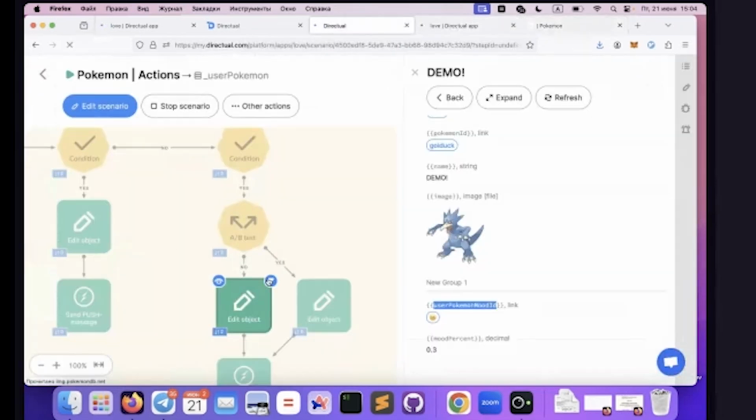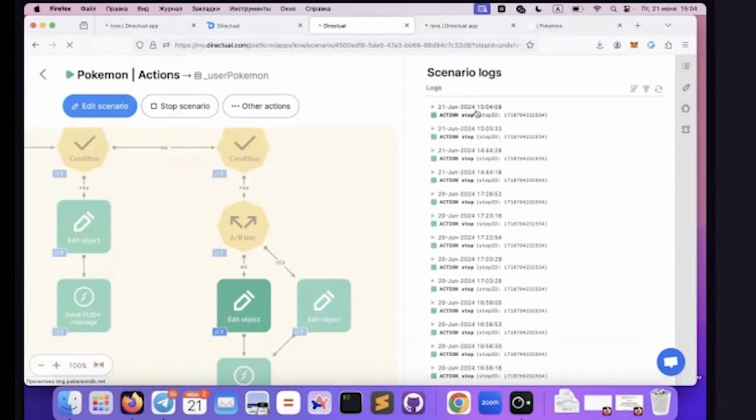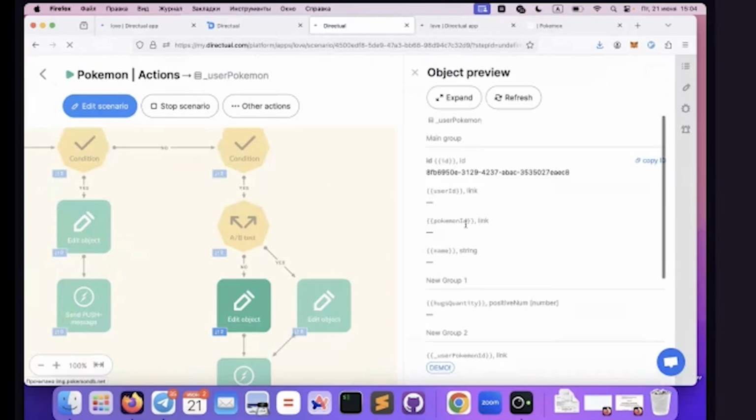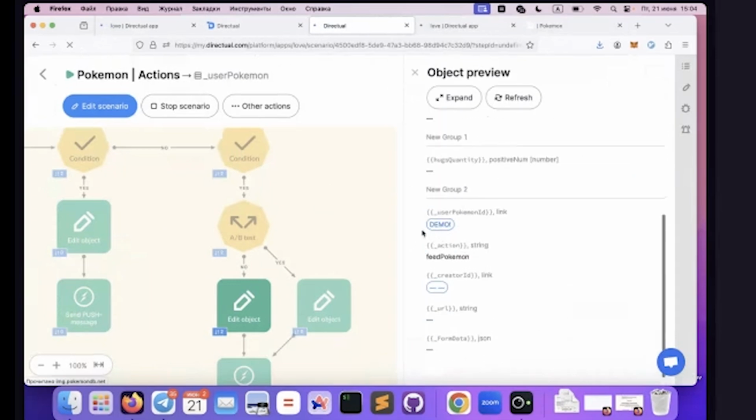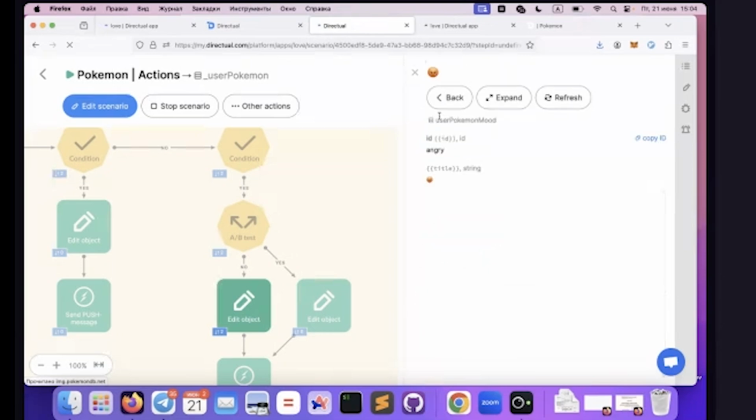Let's check our scenario. Refresh logs. And we see that it is a second request. And we see that mood percent has changed, and user Pokemon mood ID was changed to